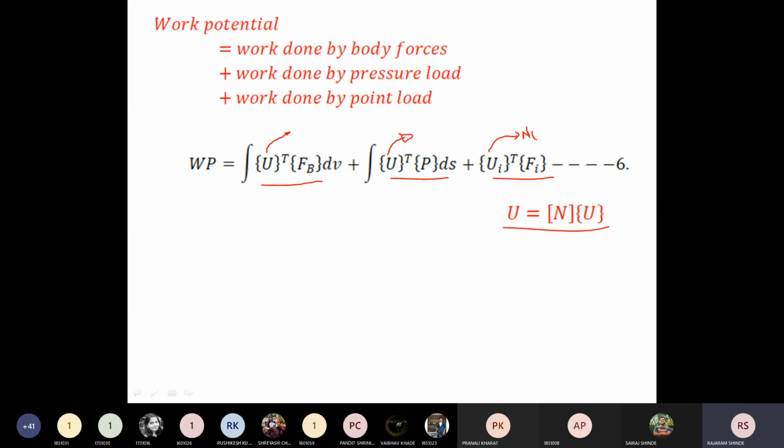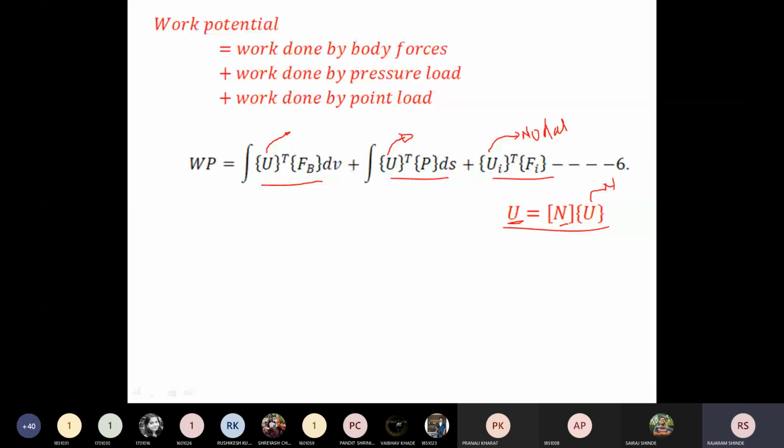We can say it is nodal displacement because that force is acting on the node. Now here this is your variable displacement, this is a shape function matrix and this is your nodal displacement matrix. Now I am going to replace the variable displacement by the product of the shape function matrix and nodal displacement matrix. Now you put this in this equation,